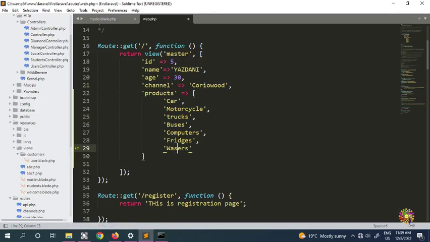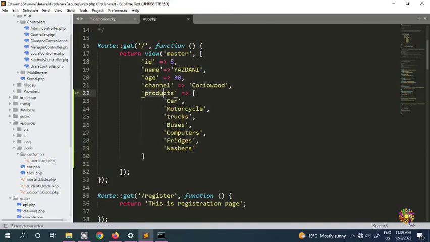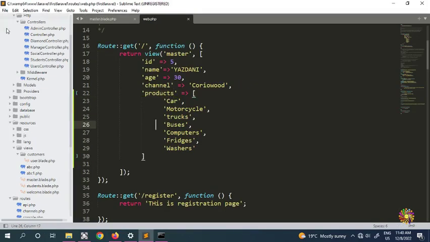So this one's here, and now we can put it here, but we cannot put a user, because now we have product as our variable name. We can put products as product, and here you guys need to put the singular one, product. So it's product and product. This is your variable name, and this is the variable coming from here. So if we save all, and if you put it here,